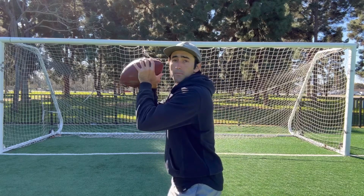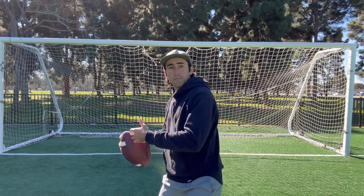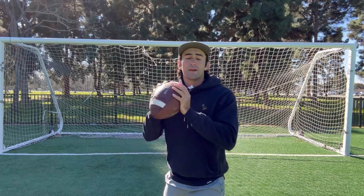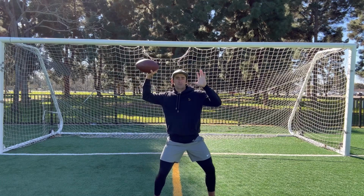Some of you probably have had a quarterback coach tell you, hold the ball up by your ear and lift it to 90. Now, here's the problem with that. Quarterbacks are rotational athletes. We generate power from the lower body, transferring weight and rotating the hips through. So if I just lift the ball to 90 and take a step with my front foot, when my hips rotate through,